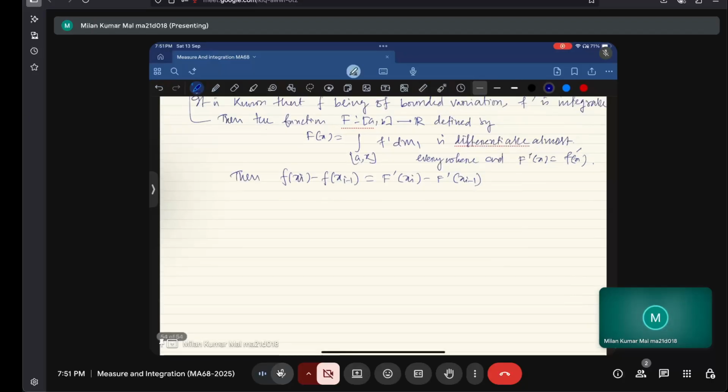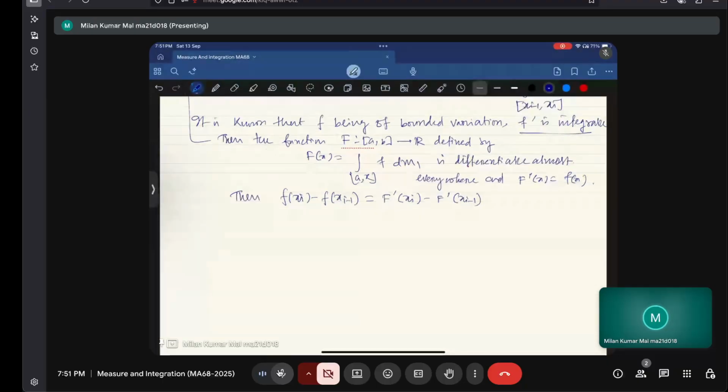Here f dash is integrable, then the function f defined by this, and this is equal to this. This is correct. So therefore this is equal to